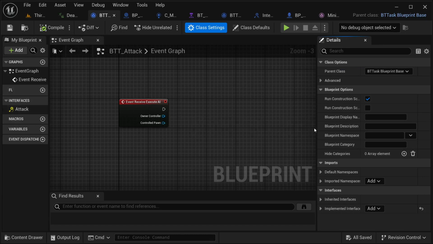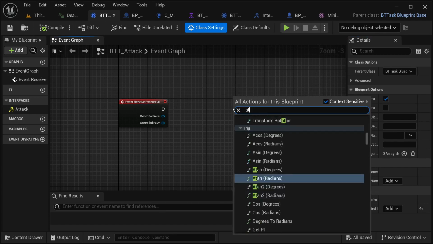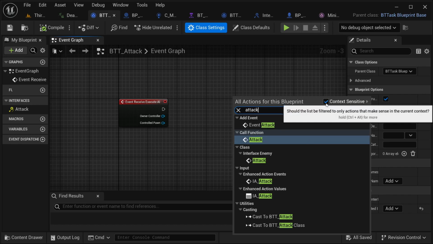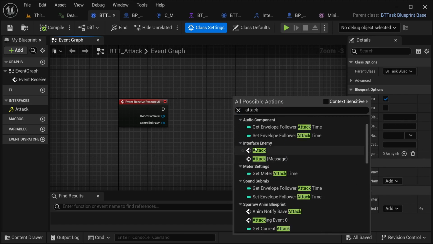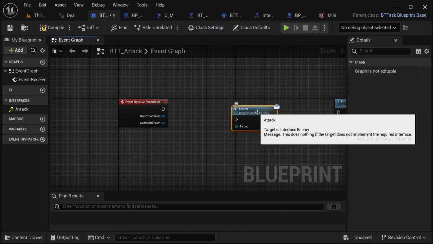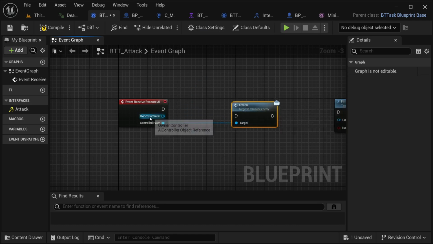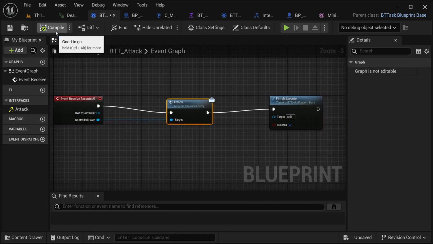I'm not going to be getting the event. Actually, the thing that I'm going to be getting is a message from this. So just right click. Let's search for attack. And as you can see, I am not able to see the attack message. So for that, I'm going to disable context sensitive. And now I should be able to see it, but I need to look for it. So over here, interface enemy attack message. So I'm going to be getting this one. I'm going to get our controller pawn as the target for this event, and then into finish execute. That's basically it for this task, because I'm going to be creating the logic inside our enemy itself,